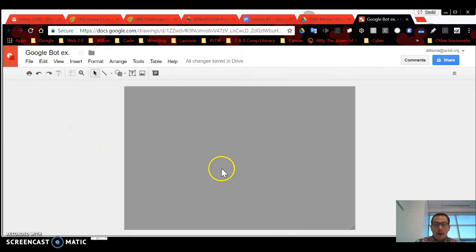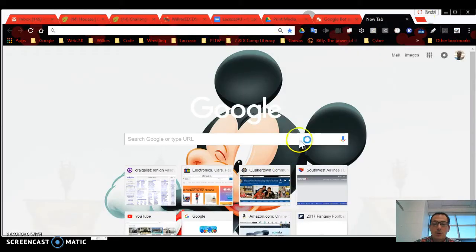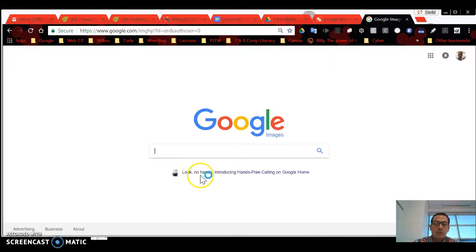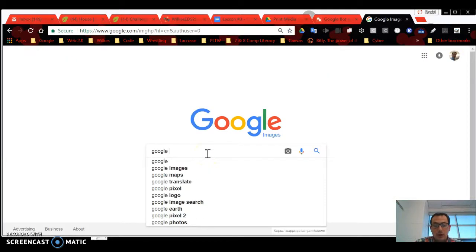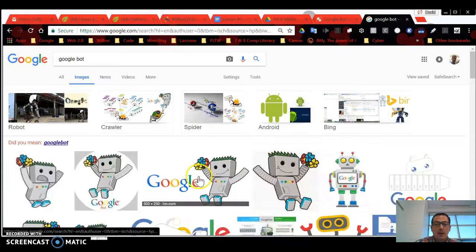So here with my canvas all set and ready for my drawing, I'm going to grab an image of a Google bot from Google Images. I'm going to open up a new tab, and you'll notice that it takes me right to Google. That's my default, and I'm going to select Images. Once I'm here on Google Images, I'm just going to search for a Google bot, B-O-T. There we go,